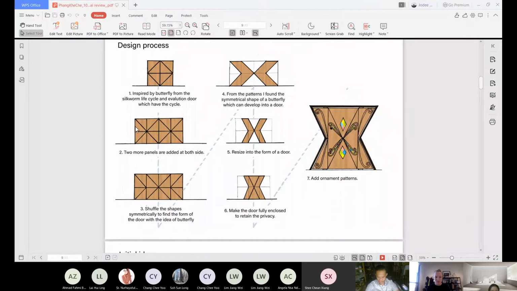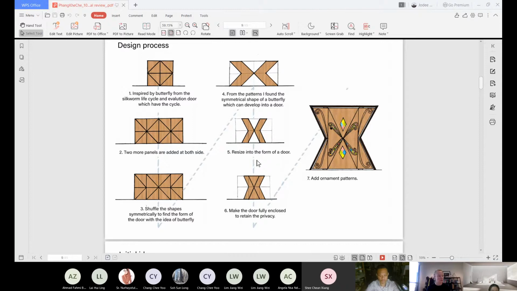Two more panels are added at both sides, and then I shuffle the shapes symmetrically to find the form of the door with the idea of a butterfly. From the patterns, I found the symmetrical shape of a butterfly, which can develop into a door.